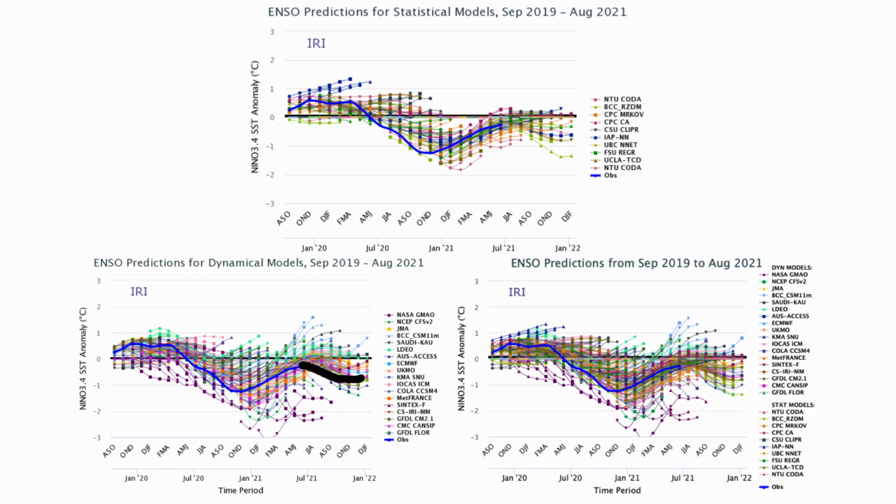and if we look at the dynamical models, which I like to trust a little bit more, you're looking at probably a weak La Niña according to most of these. Now there's a lot of them, so it's hard to see, but the trend of them would show most of it being below that half a degree line, which would be below the ENSO neutral line, meaning that you're in a La Niña.